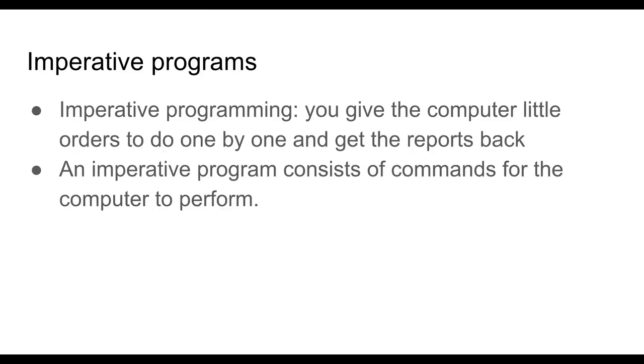A C program specifies a sequence of steps where each step changes the state of the memory in the machine. In C, the state of the memory in the machine is represented by the values of variables. An imperative program is a program which is executed order by order, and the C language is a good example of this kind of program.